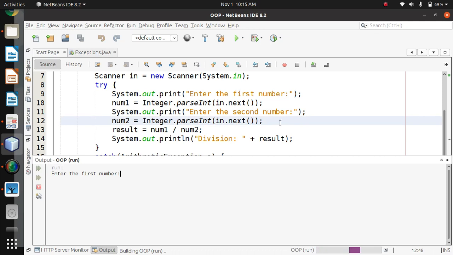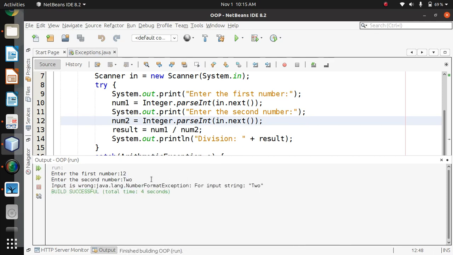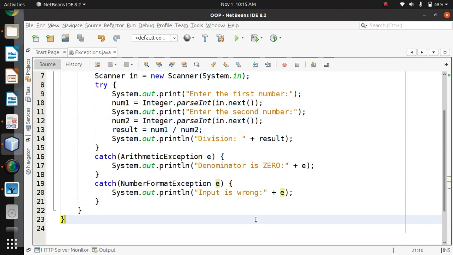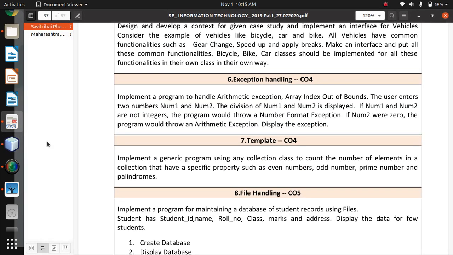Same case for the second also. If I write 12 and two, check it out: java.lang.NumberFormatException: For input string "2". That's it. This is the reason. You can print it, display the message, and handle the exception by this particular method here. So try the program, check the output.